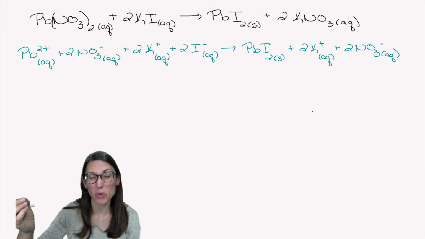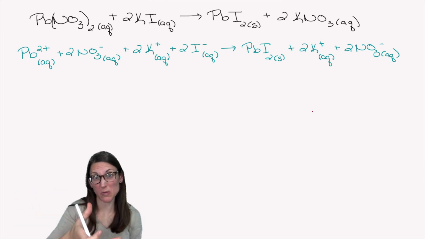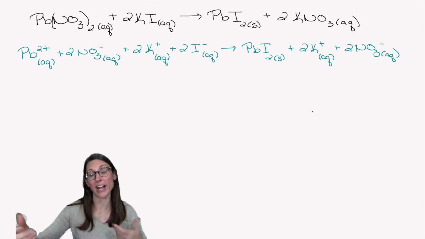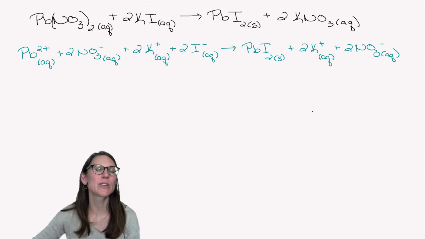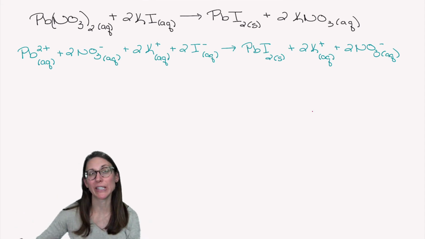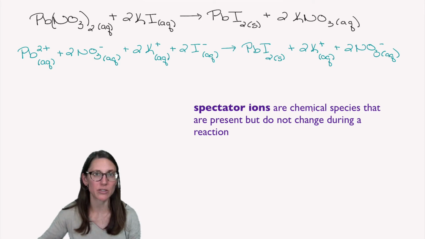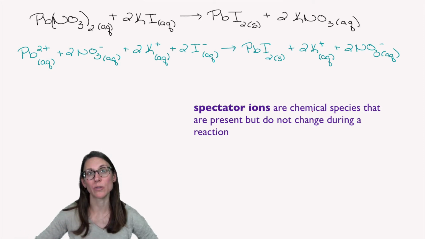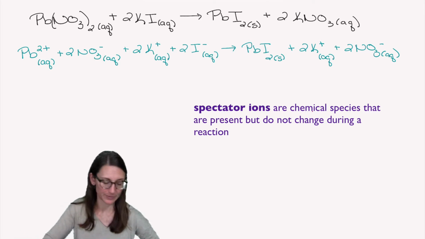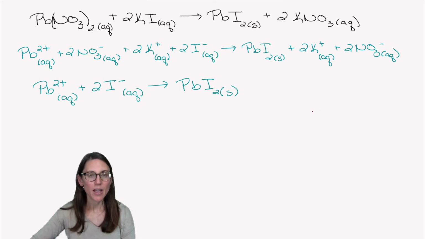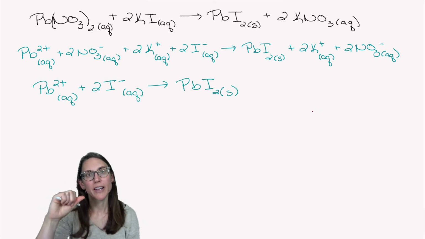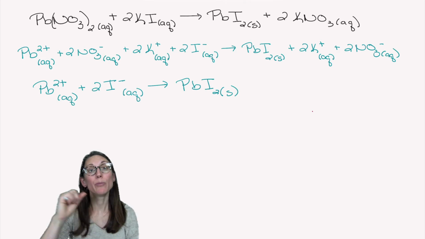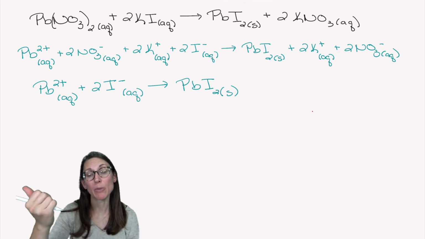This is actually showing us what we have inside the beaker, or in our containers, before and after the reaction. But you'll notice there's some things that are on both sides, specifically the potassium and the nitrate, that don't change. So we're just going to omit those in our net ionic equation. There it is. What we've done with this net ionic equation is both shown what form the chemicals actually are